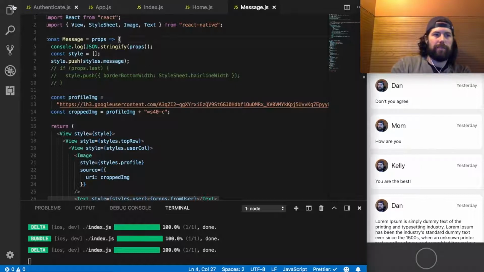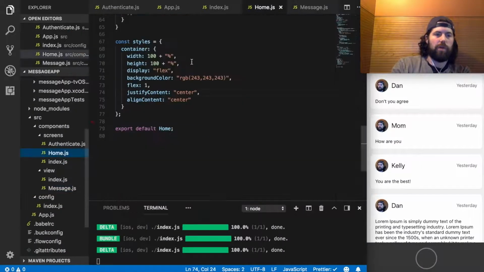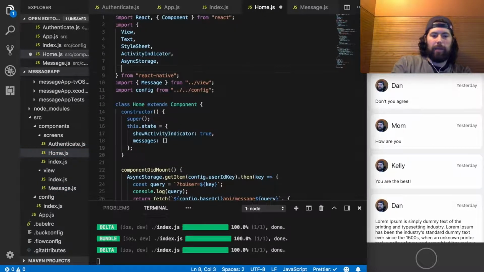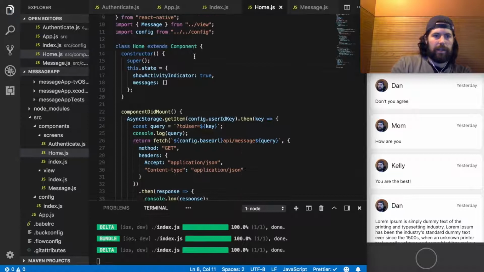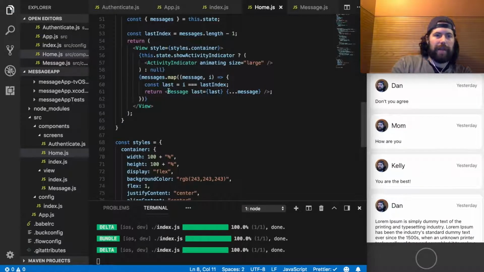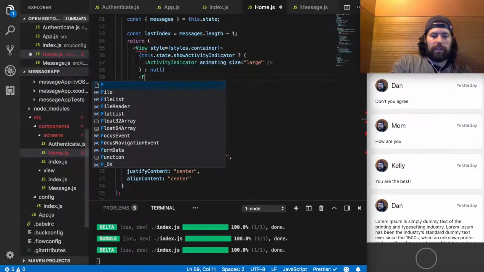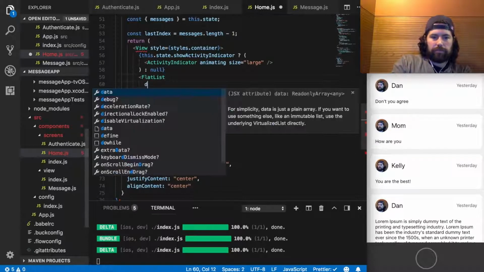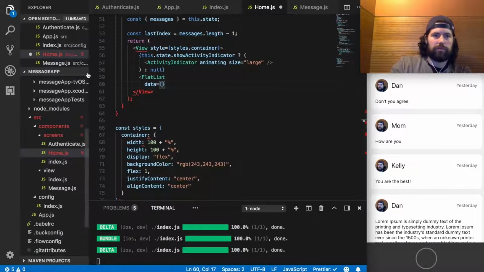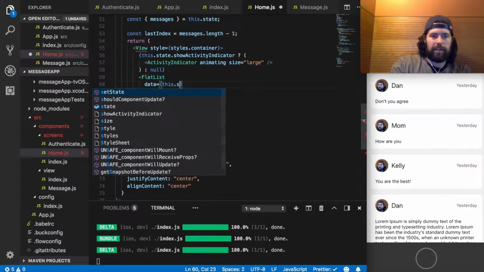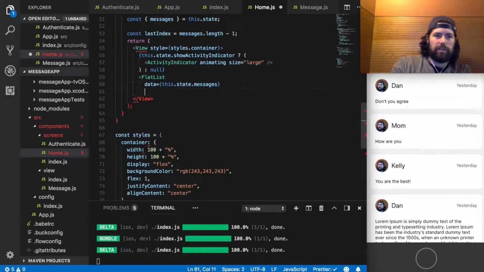All right, so let's put these in our flat list. So go to home and import it from the top. And here where we map these messages, first, we're not even doing this last thing anymore, so we don't even need it. But let's just grab this message. We don't even need this. It's pretty self-explanatory. So we're going to say flat list data equals, we're storing them in state, right? So we can say this dot state dot messages, and then our render item is going to be,